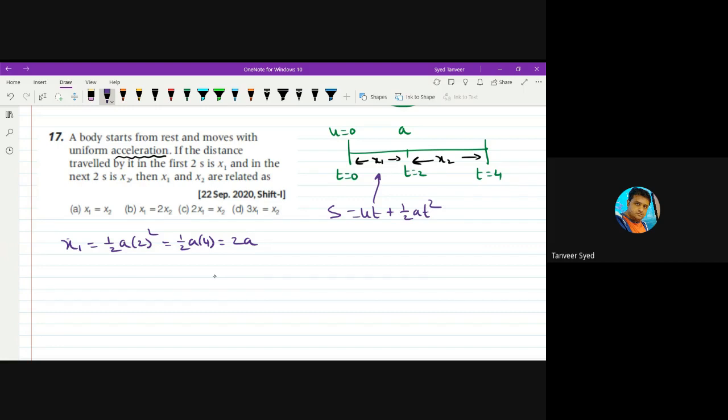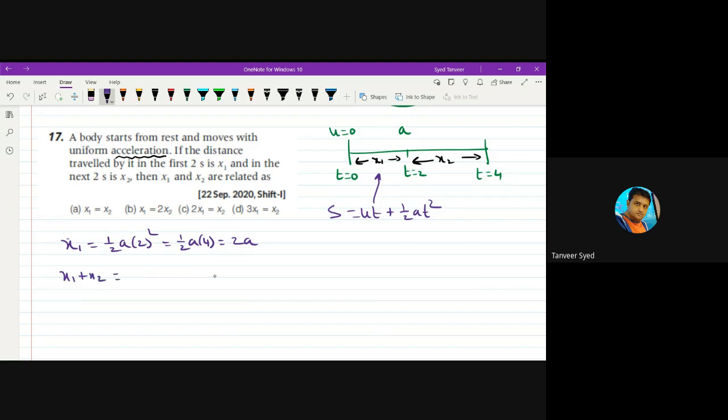Then what about x2? x2 separate గా రాయాలంటే ఇక్కడ ఒక చిన్న ప్రాబ్లం వస్తుంది. మీరు x2 కు మాత్రమే రాయాలంటే ఇక్కడ వెలాసిటీ కనుక్కోవాలి. ఇక్కడ వెలాసిటీ సెకండ్ పార్ట్ ఆఫ్ ద జర్నీకు ఇనిషియల్ వెలాసిటీ అవుతుంది. అది మన అన్నెసరీ టైం టేకింగ్ ప్రాసెస్. అందుకని ఏం చేస్తానంటే నేను t ఈక్వల్ టు 0 నుంచి t ఈక్వల్ టు 4 వరకు అప్లై చేస్తాను, విచ్ విల్ బి x1 ప్లస్ x2